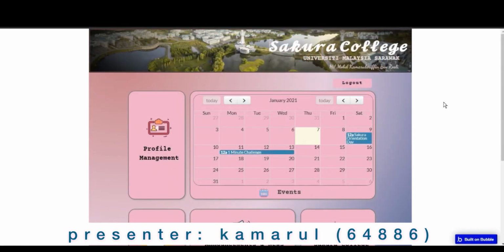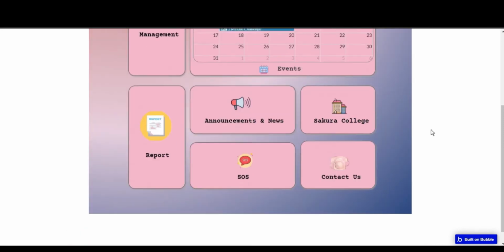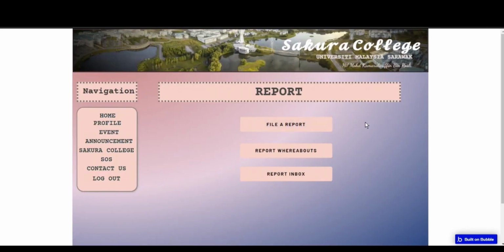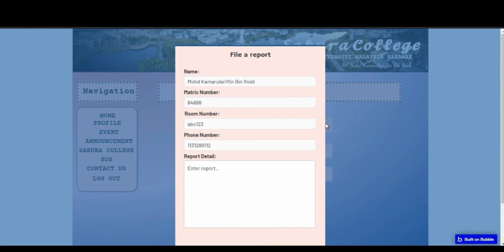For the report function, resident side, from the home page, click report, and then there are three options the resident can choose from. The first one is to file a report. Name, metric number, room number and phone number are automatically entered. So enter the report detail, testing,